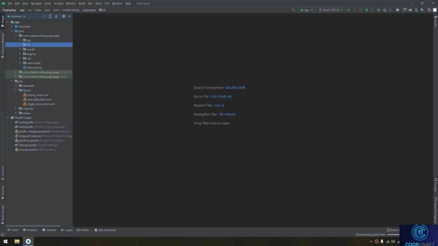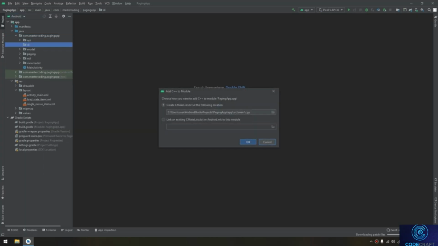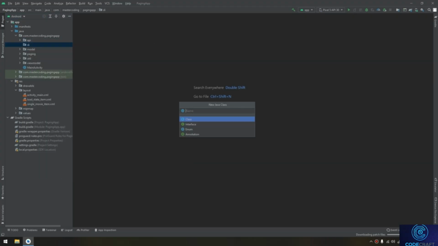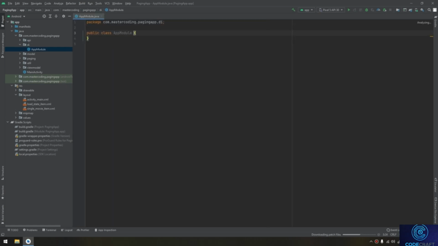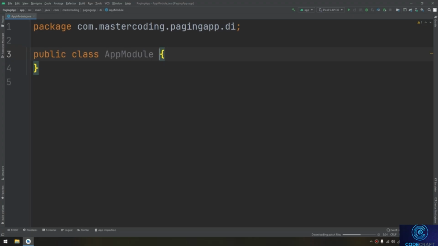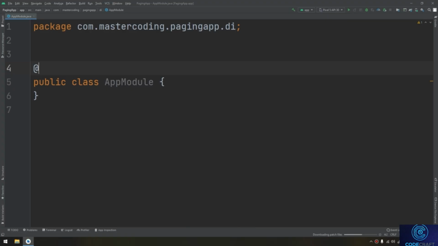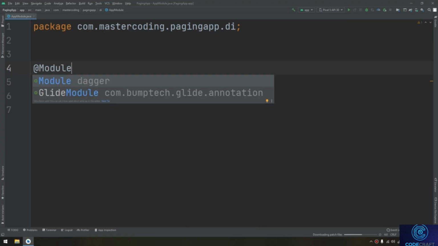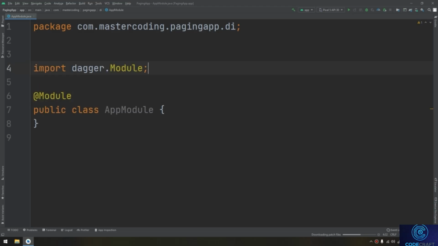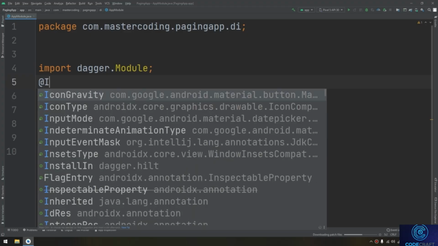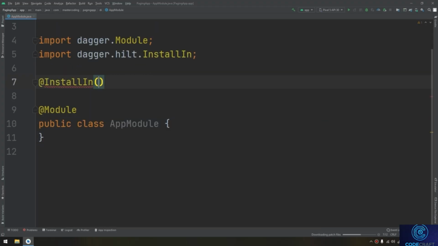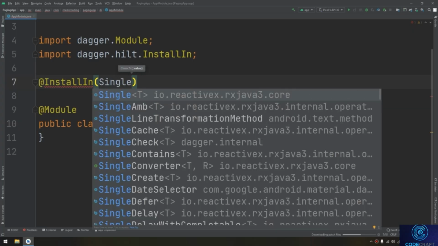DI, Dependency Injection. And inside Dependency Injection, I will create a new Java class called AppModule. In this AppModule, it will not extend anything, but here we are going to add the annotation requested by Dagger. So I'm going to tell Dagger that it's acting as a module. And I will also install in Dagger Hilt. So InstallIn SingletonComponent,